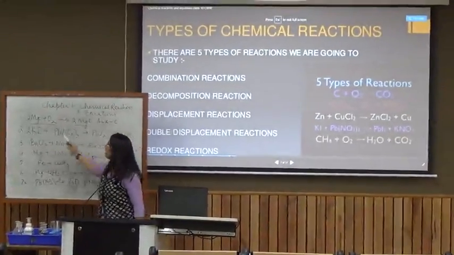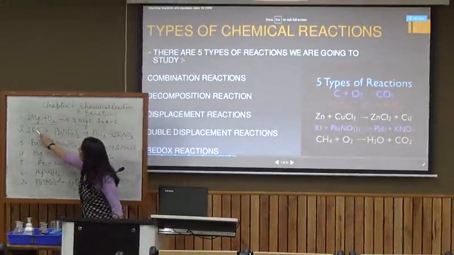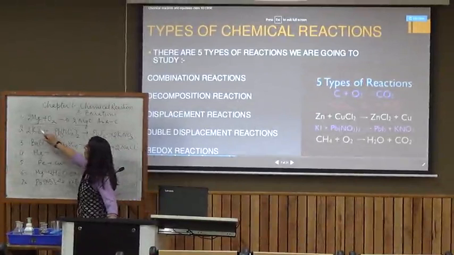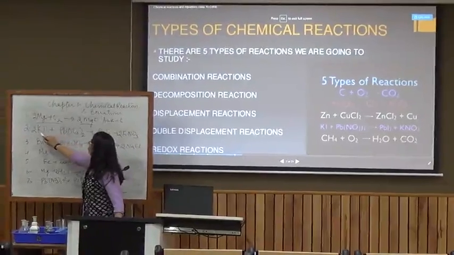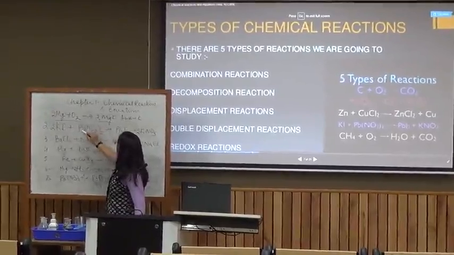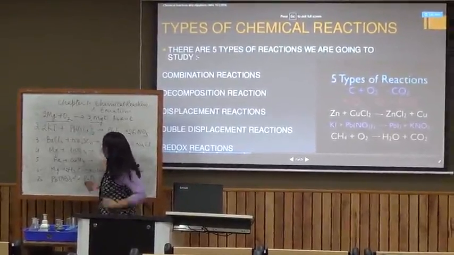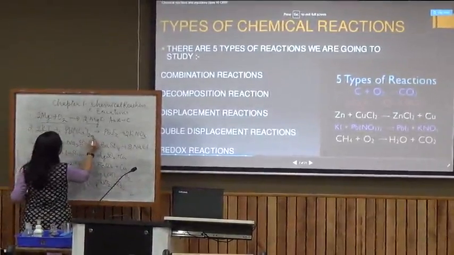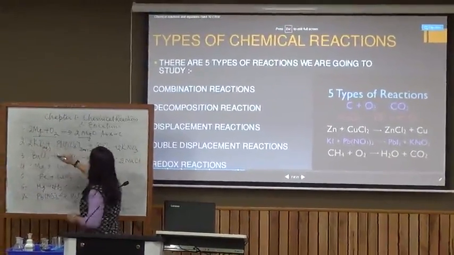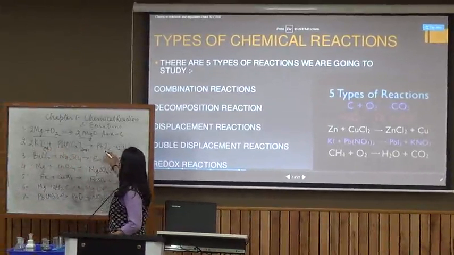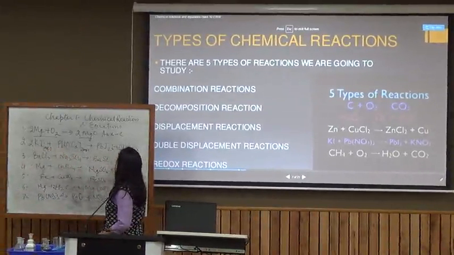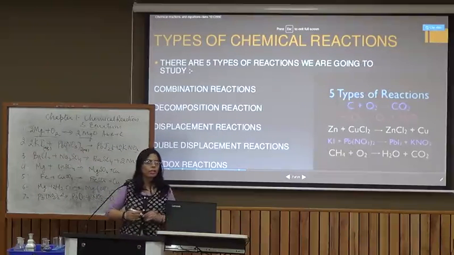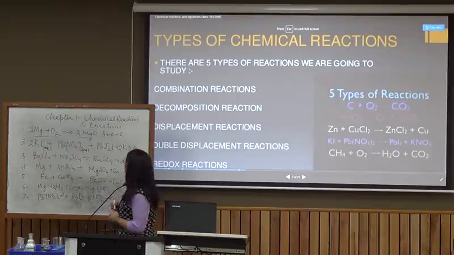The second case here, the potassium iodide had potassium ions and the iodide ions in the solution. Lead nitrate had lead ions and nitrate ions in the solution. So these both were active solutions. These ions were exchanged with each other and you get lead iodide, which was a precipitate, and a solution of potassium nitrate. Such reactions are called double displacement reactions.